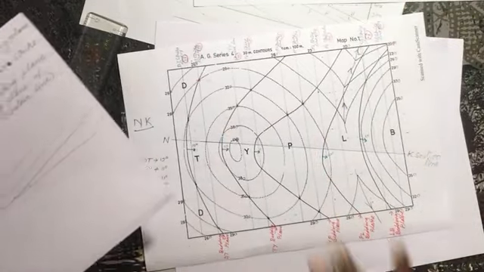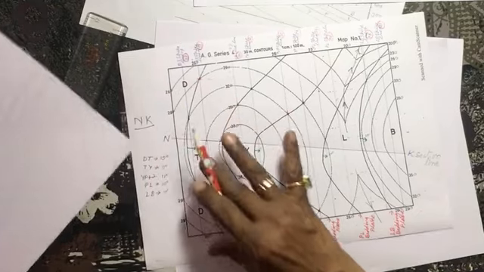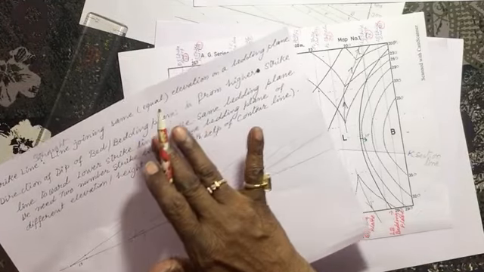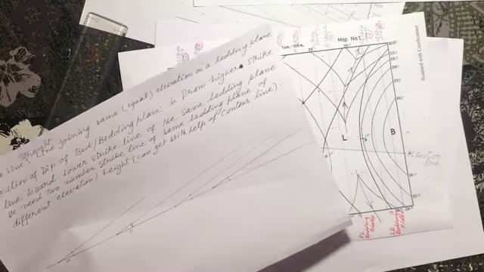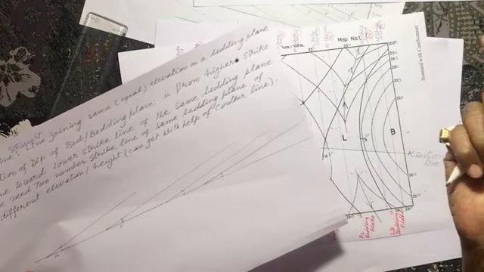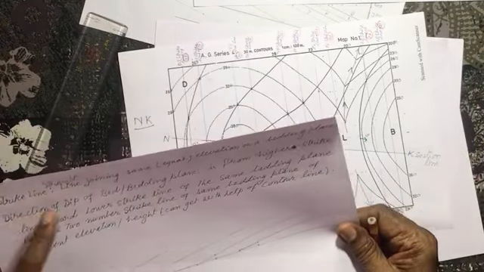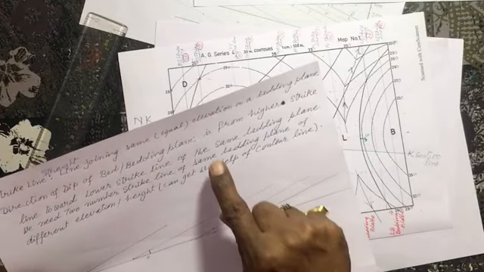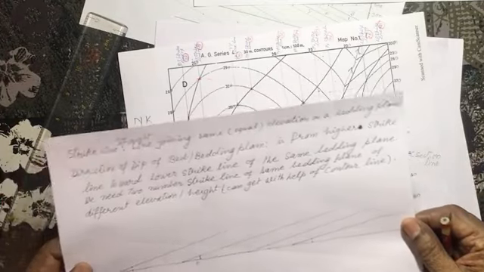These are the different strike lines. Two strike lines for the individual bedding plane. To find out the direction of the dip for the bed or bedding plane, we require two strike lines. One strike line is having a higher value, another strike line should be lower value. And direction of the dip is from higher strike line value towards the lower strike line value of the same bedding plane. It is written here. So please note down this thing.